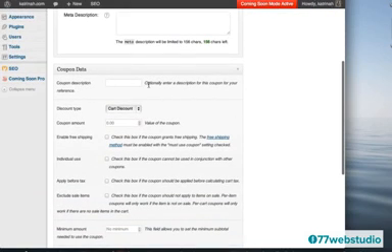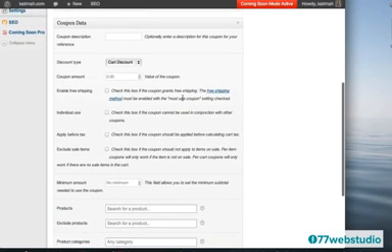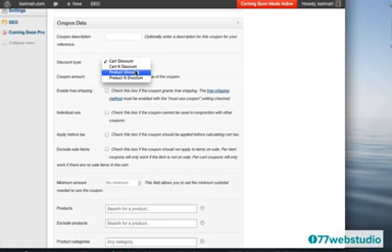And coupon description, you can add a coupon description for your coupon for reference if you'd like. And then there's all these different settings that you can add right here. So the discount type could be a cart discount, percentage discount, or product percentage discount. I'll just leave it as a cart discount. And then the coupon amount, I will say this will be a $5 off coupon. You could also enable free shipping if you want for your coupon, or check all these different other limitations